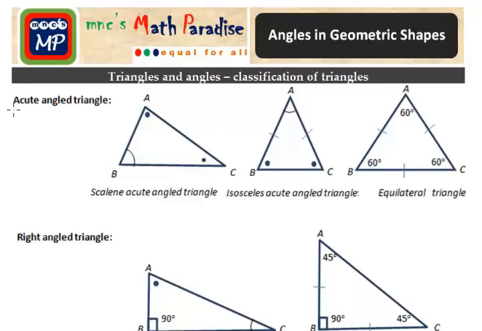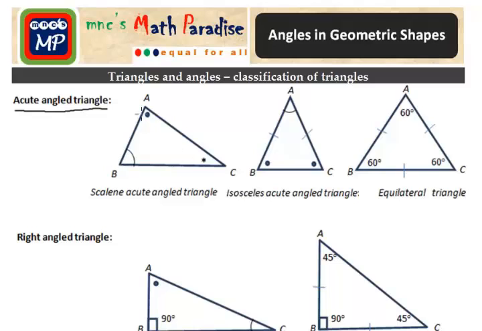A triangle is called an acute angle triangle if all three of its angles are acute, that is, less than 90 degrees. So for example, in this triangle, all three angles are less than 90 degrees, so this is an acute angle triangle. Based on angle, all these three triangles are acute angle triangles. Now based on the length of the side, so for example here